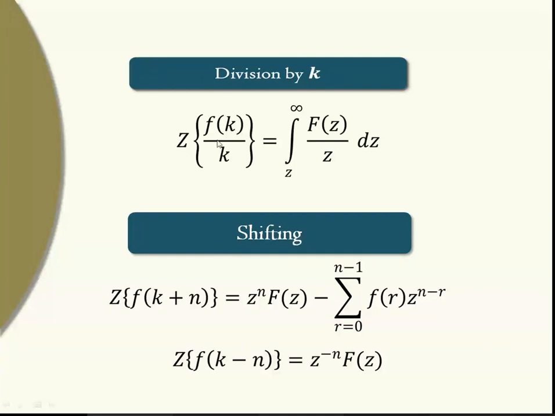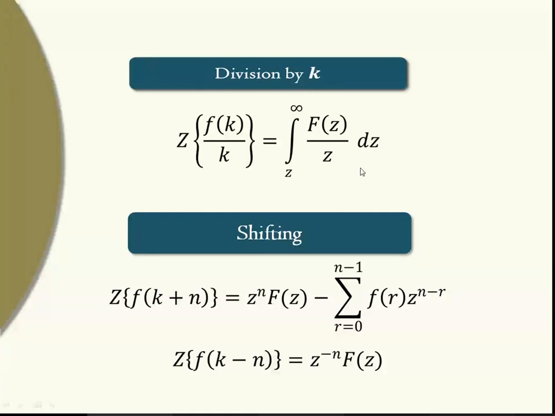If we know the Z transform of some function, and that function is multiplied by a raised to k, or multiplied by k, or divided by k, or everywhere instead of k we have k plus n or k minus n, then we use the corresponding property to simplify the terms. So only these four properties are there. While solving problems, we make use of these properties to get the answer. So carefully remember these properties.